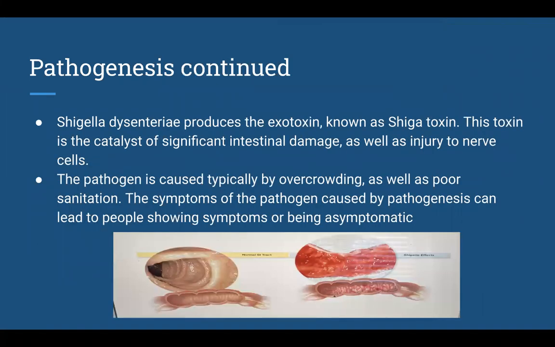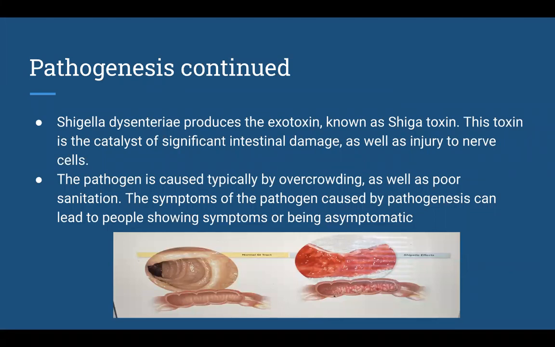So below, we have on the left a very healthy, normal GI tract. On the right, we have a Shigella-affected GI tract. The difference is that when this pathogen invades the human body, it causes an incision in the GI tract and the large intestine, and it's going to produce all these red spots throughout. And what that means is that there's going to be intense bleeding again, and really a lot of tissue damage. Now, that tissue damage is again being caused by the Shiga toxin, which is one of